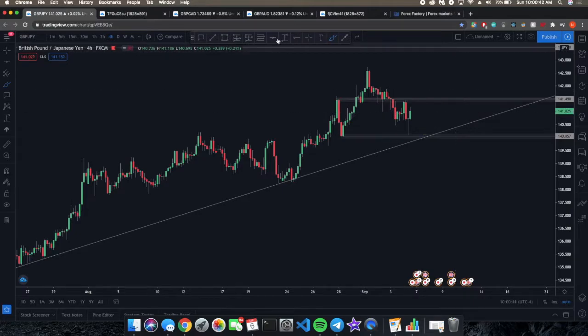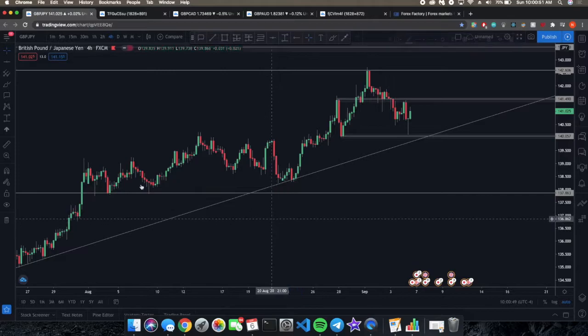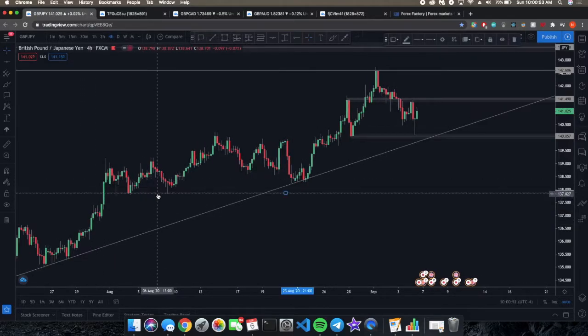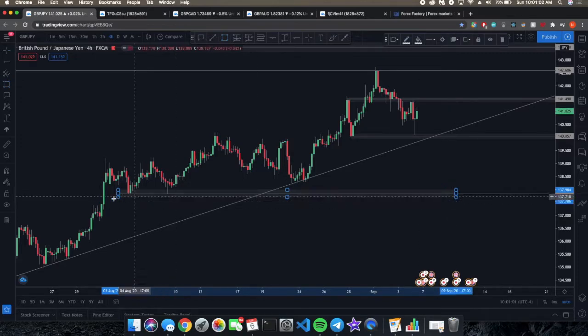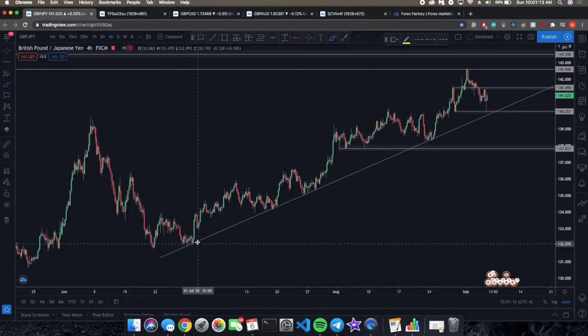Oops. So let's say in that case, that would be our bullish scenario, right? I also have this level here from before. I'm going to use a horizontal ray because I hate when. Okay, so that's one of our levels, and then anywhere from 138 all the way to 137.8, which is a nice level. So in case this structure breaks, the trend line breaks, we've been respecting this trend line since June